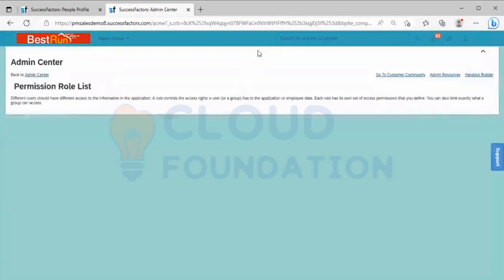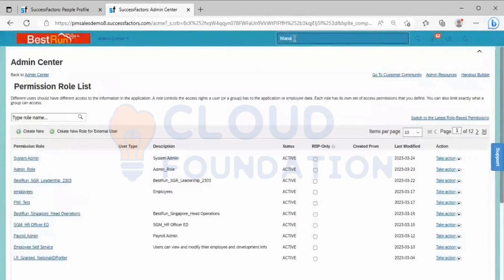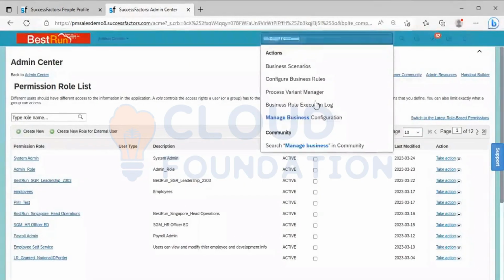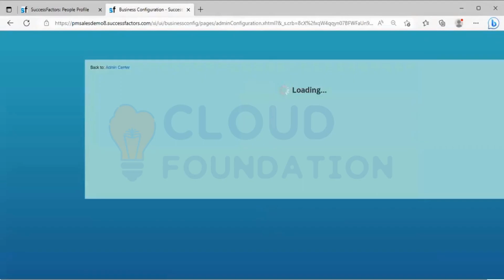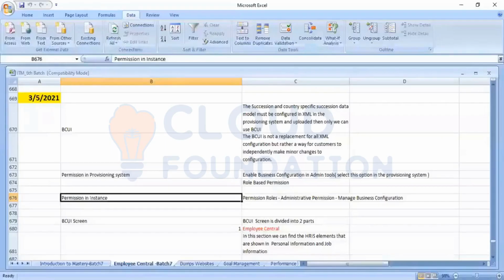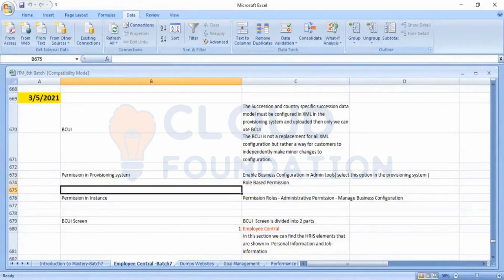we can directly search for manage business configuration. After enabling it from the provisioning and then further from the instance, what we need to do, you have